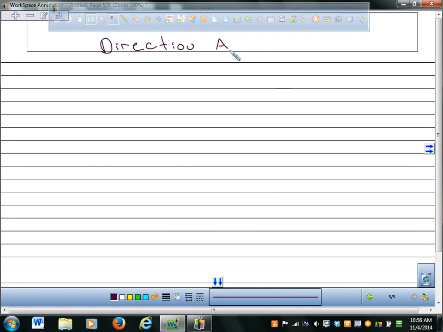Direction angles. Okay, so sometimes this is called direction angle form. A vector can be written like this: V, the magnitude of V, times the cosine. Those should be angle brackets. Times the cosine of theta in the i direction plus the sine of theta in the j direction. And theta is called the